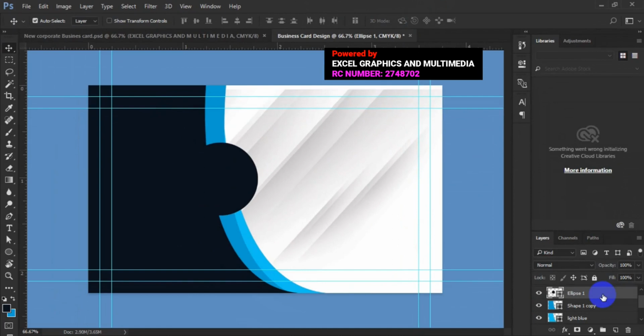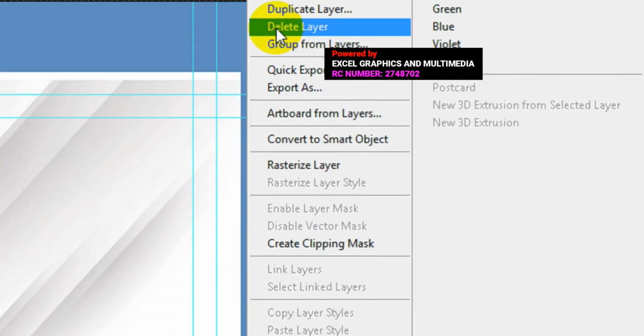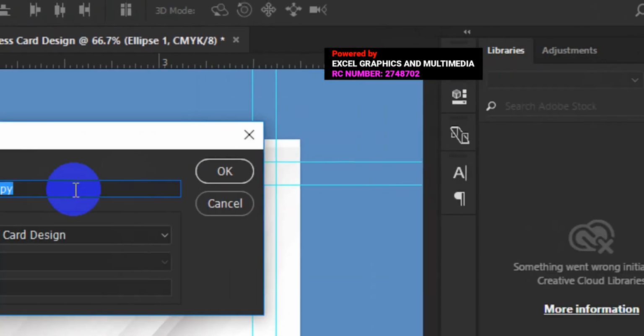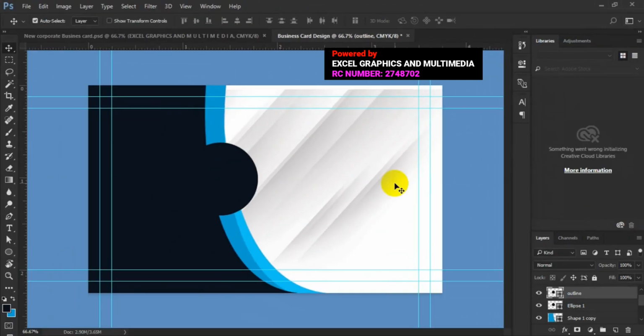So the next thing you have to do is to come to the layer panel here, duplicate the ellipse, then look for duplicate shape, duplicate layer. So this one can be outline. Then once you are done, you click on this OK. So the next thing you have to do is to come to the original layer,